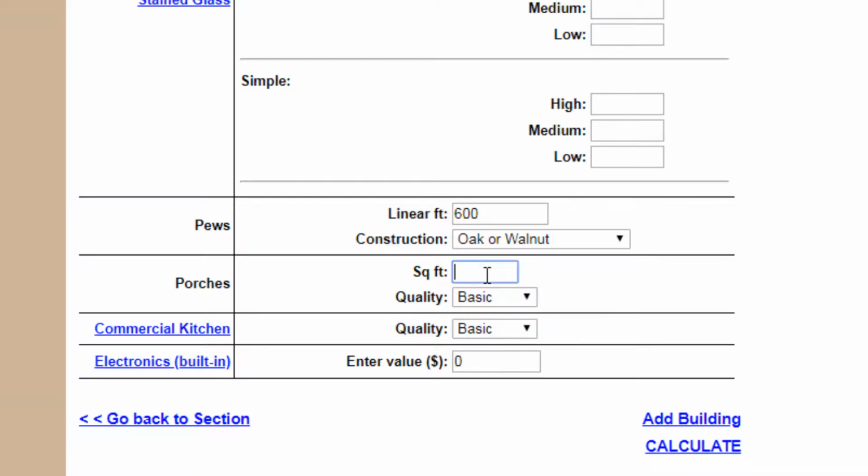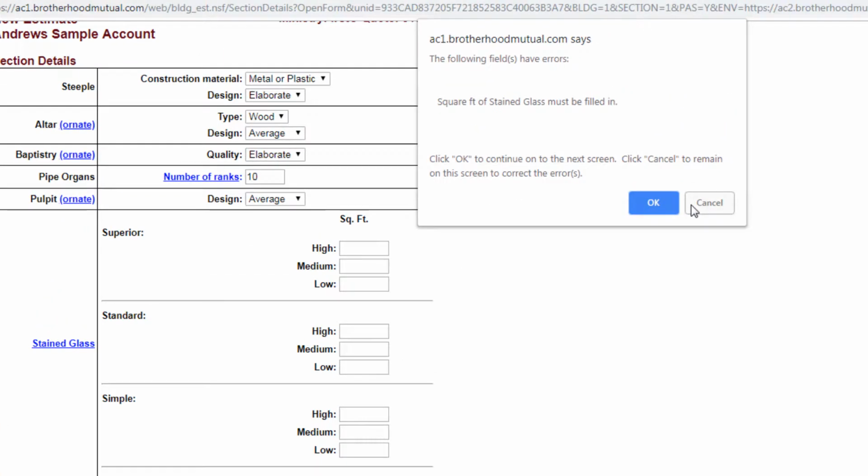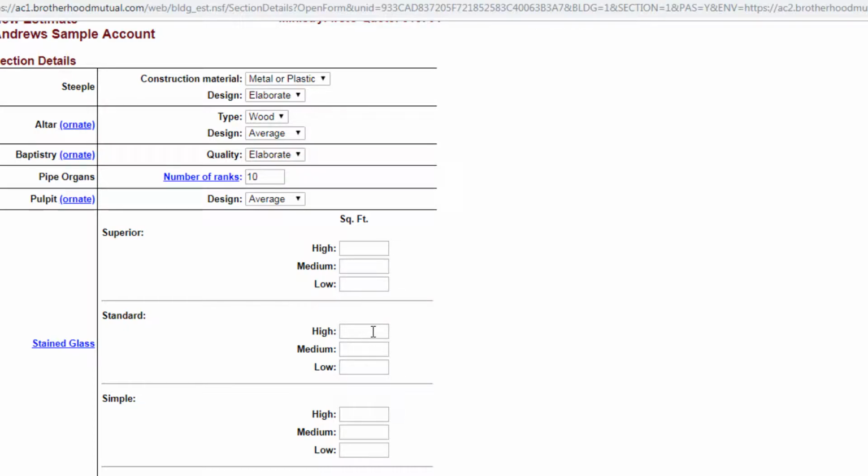Here, if there's a porch, you add in the porch. And that also should be on your apex if there is a porch. Commercial kitchens cost money, so you'll want to include those. And if they have built-in electronics, you can include them here. And now we'll hit calculate. Oh, and I made a mistake. You can see that I didn't fill in the stained glass. So we're going to say they've got